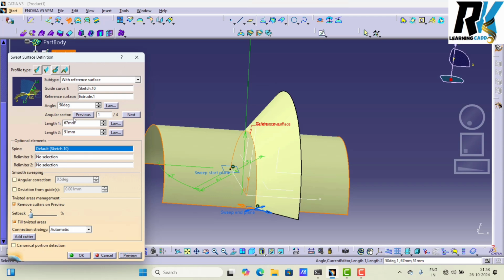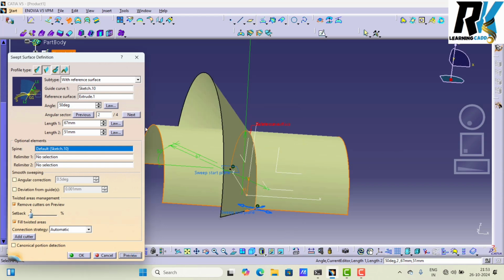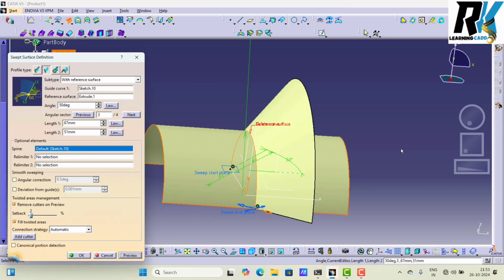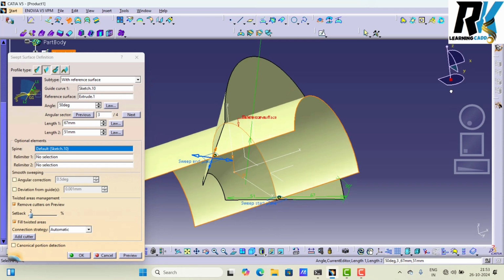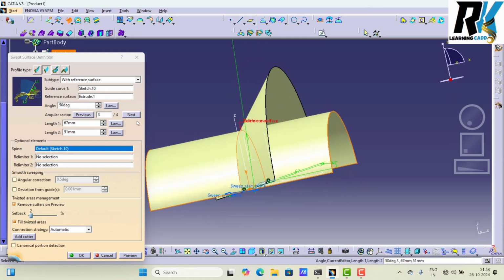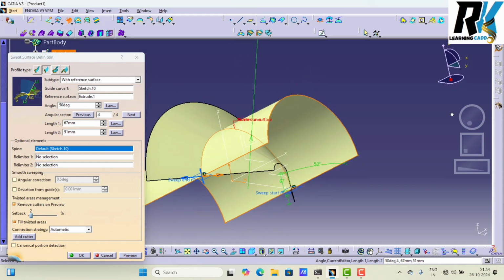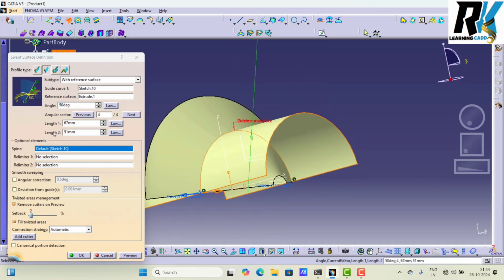Now here see the angular sector, the previous 4 options. Next preview check, this side is coming. Next preview check, this side is coming. See, both sides are also there. Next preview is coming. There are 4 possibilities. Now you see length 1, length 2.